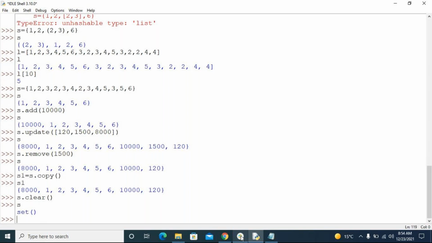So we have methods like add, update, remove, copy, clear. Whenever a data type comes to your mind, you need to know all the methods. Then whenever any program is being asked in an interview, you should apply logic using these methods, which makes your code simple. There are a lot of ways where you use these methods, and in day-to-day activities in Python, you will be using these data types every time.